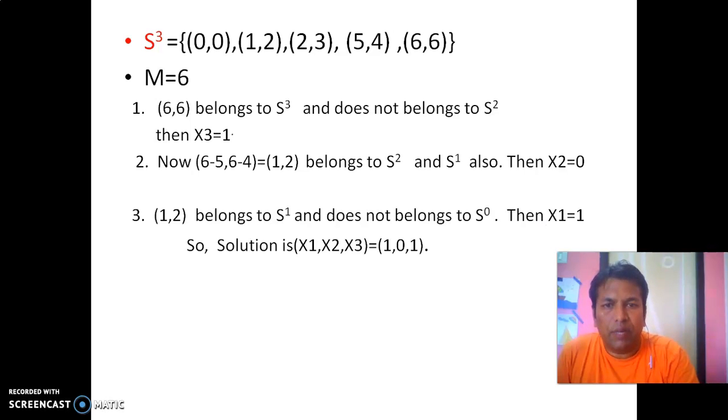So here we are considering the sets S power 3, S power 2 and S power 1, and we go through the tuples. The first tuple, 6, 6, belongs to S power 3, and we check whether it belongs to S power 2. It belongs to the set S power 3 and doesn't